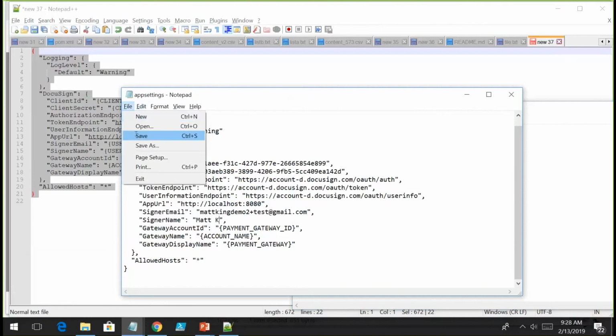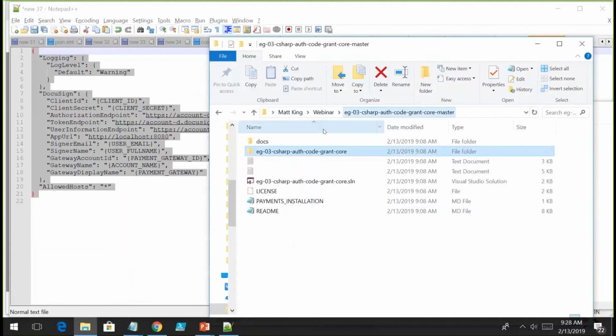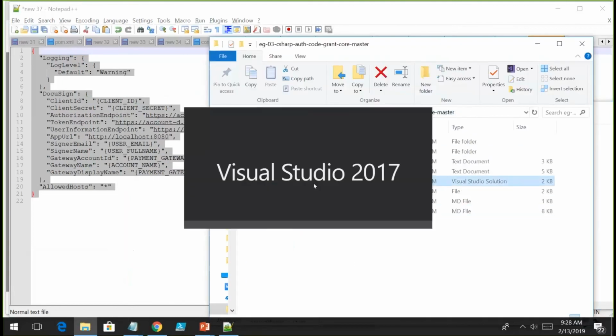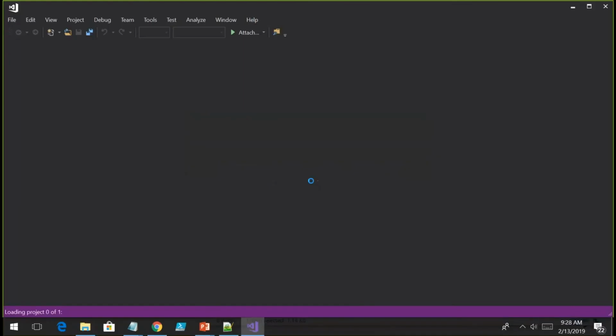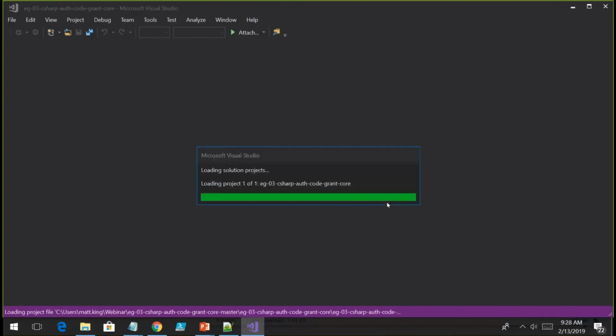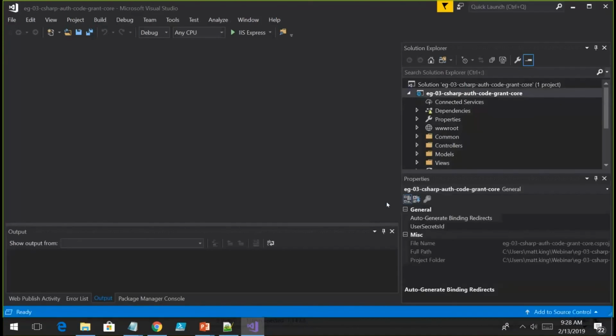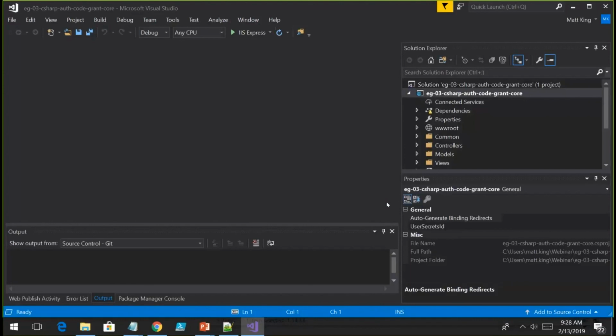So we'll go ahead and save this, and then back to our solution. We're going to go ahead and open this up in Visual Studio. So now that we've filled out and saved the JSON file, there's not really any additional configuration that needs to be done. Essentially, this application runs through Visual Studio and ties into IIS. So as long as the configuration folder is filled out correctly, you can go ahead and hit the Go button, and then it should open the application in a new browser tab.